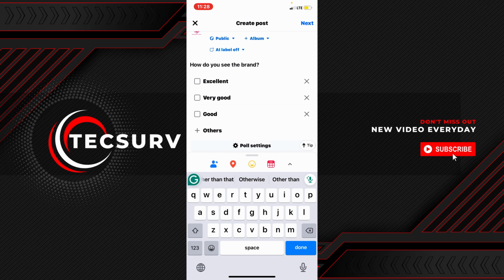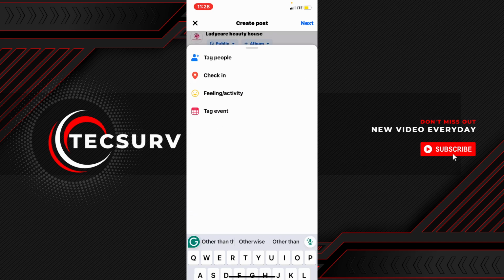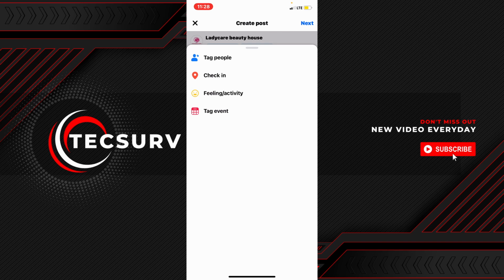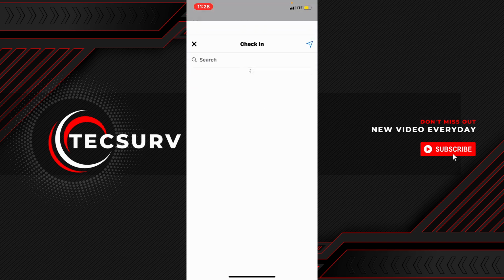Once you are done, you can tag friends or add location if desired by tapping on the little arrow at the bottom of the screen. This is the arrow here. You tap on it. Now you can tag people. You can also add location by clicking the check-in